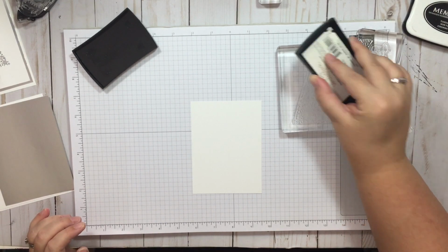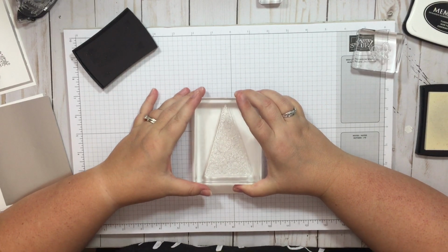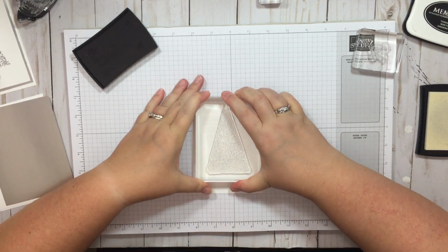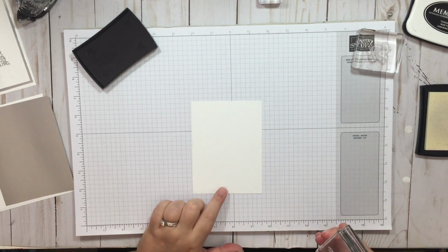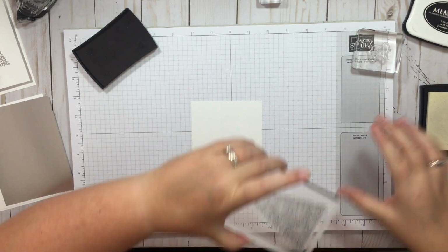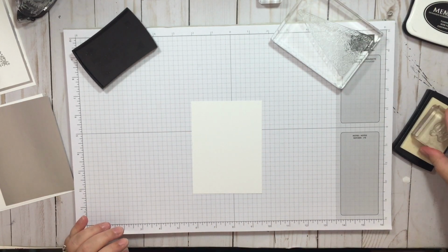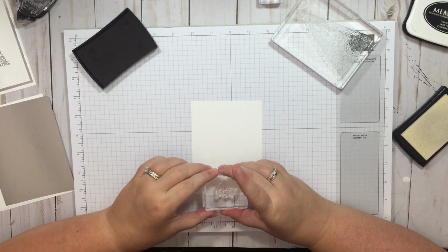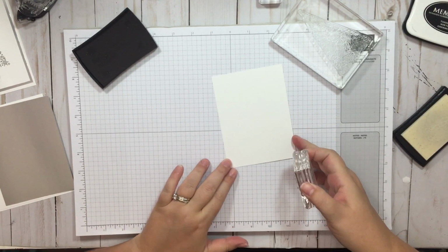Sometimes it's hard to ink with these because you can't see where the ink is going. So you just got to trust that you got it all. We're going to stamp it towards the top of the cardstock to leave some room for the joy. Stamp the joy as well, or ink up the joy with the Versamark. Okay,